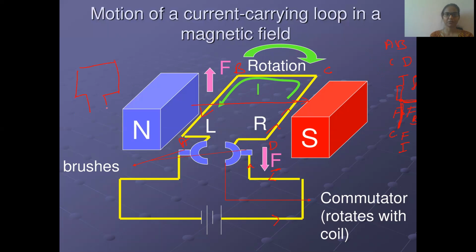Only the coil you can observe, because the current is moving in this direction here. Here the current is moving in this direction, and you can see the magnetic field in this direction from north to south. It is actually constant. Only the current is changing. When the current is moving in the upward direction, see properly, children, you just observe. This is a force going from north to south. The force is going from north to south direction.